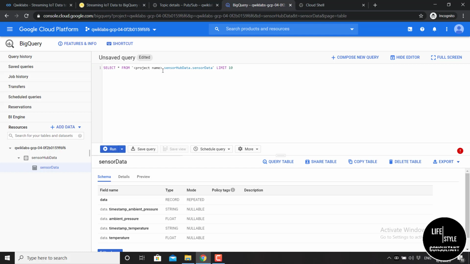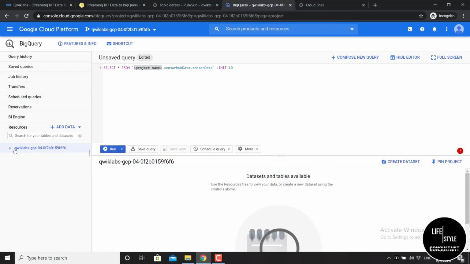You need to give your project name here, so copy your project name from here using Ctrl+C, then paste here. Okay, I pasted it. Now click here, run.